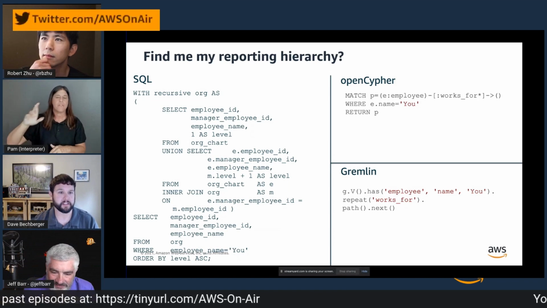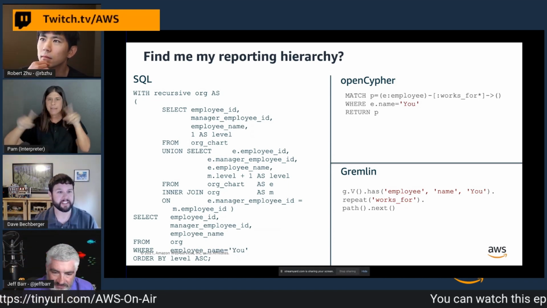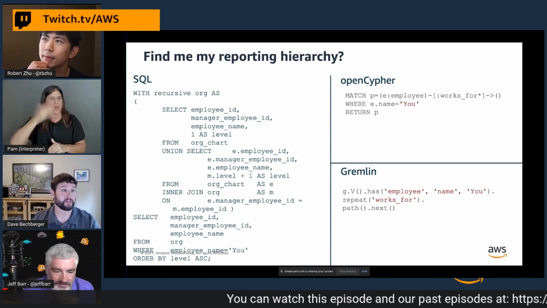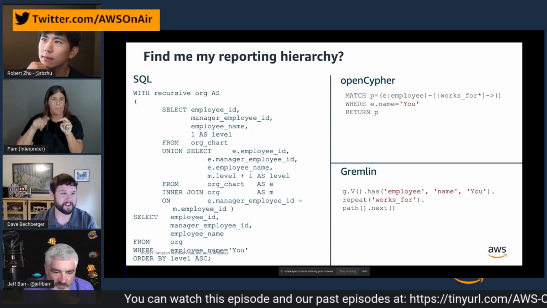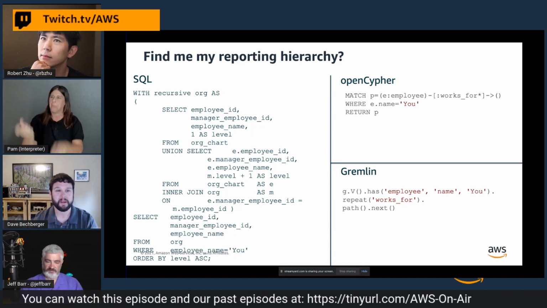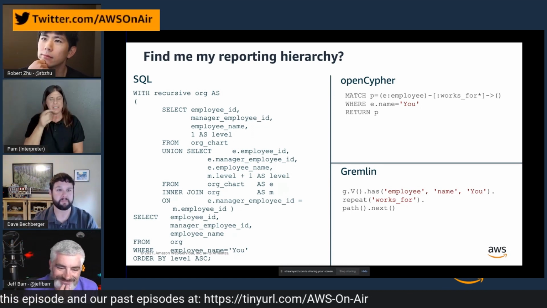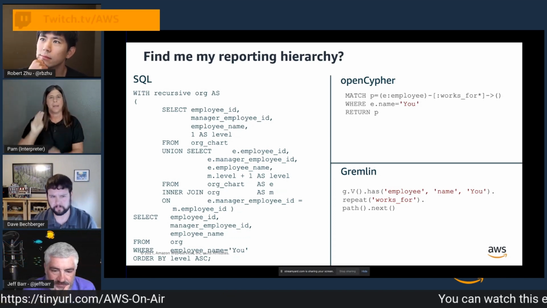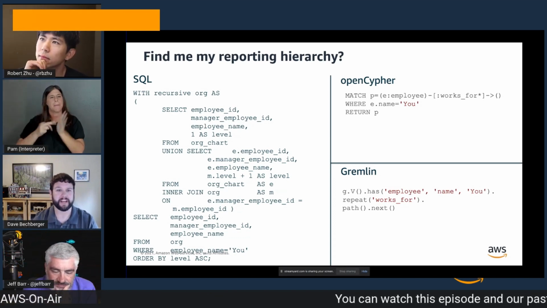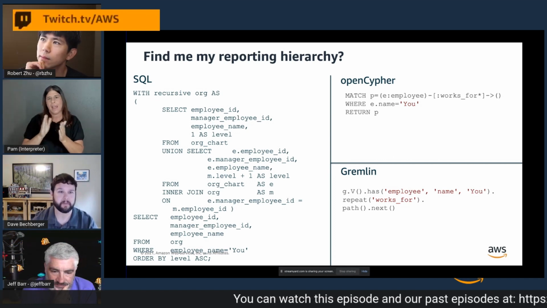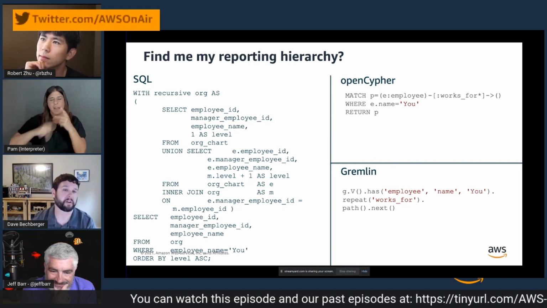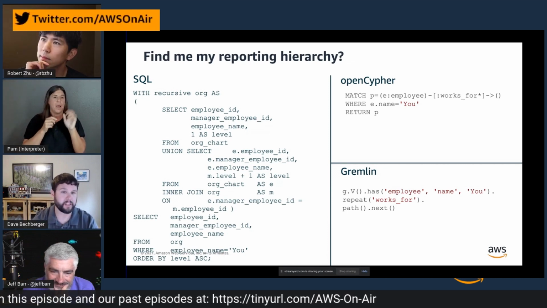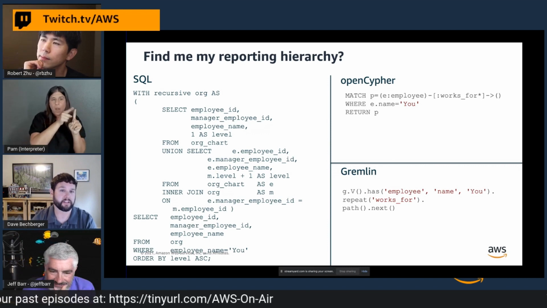OpenCypher, as we mentioned, is a declarative graph query language, much like SQL. This probably looks familiar to you, and I don't know if either of you have ever looked at OpenCypher before, but you can probably understand what it is immediately because of the pattern matching syntax. It starts with a match clause, where you specify this ASCII art or motif that shows how you're going to move from, in this case, a node of an employee all the way across a works for edge to another